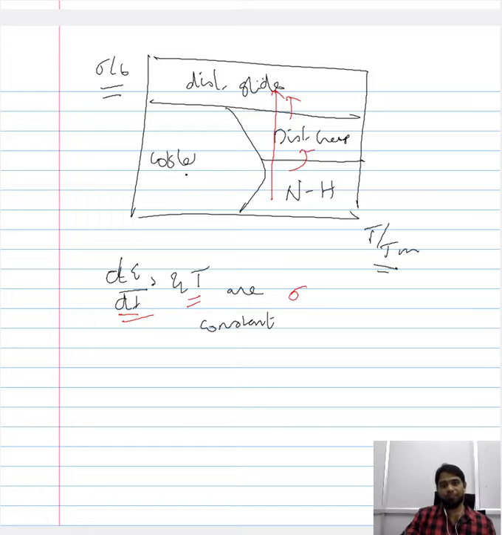And since each of these mechanisms has its characteristic relation between the creep rate and the temperature and stress, we can calculate what creep rate the material is experiencing for the given combination of stress and temperature. So in addition to knowing which mechanism is operational, since we have a dedicated expression for each of these mechanisms, we can calculate under which strain rate the material will deform. So this is one of the tools that we can use to present the creep behavior of the material.